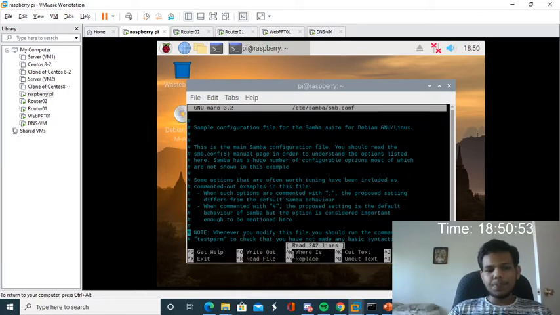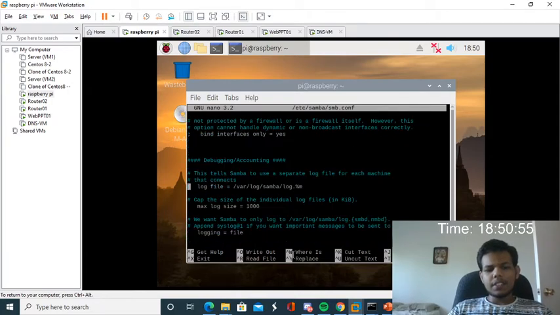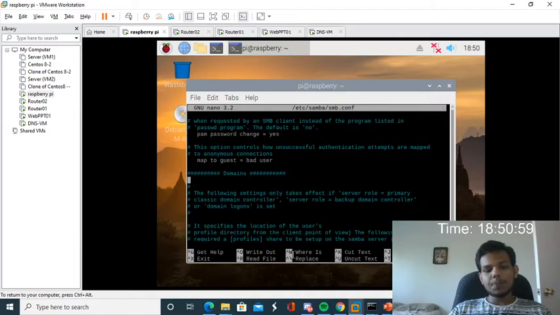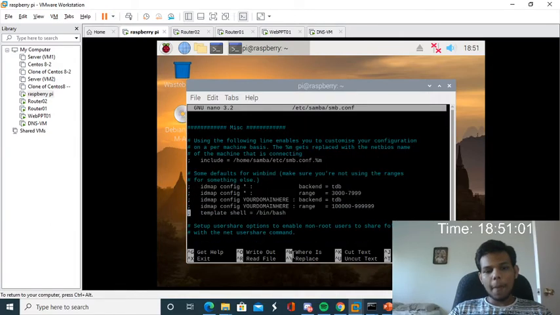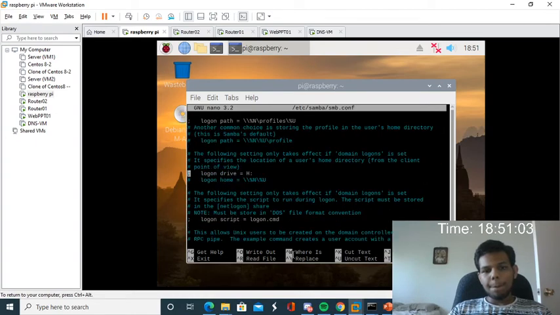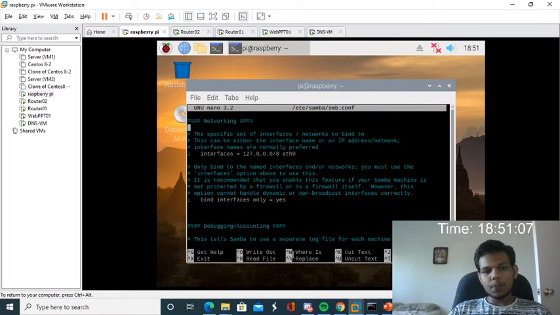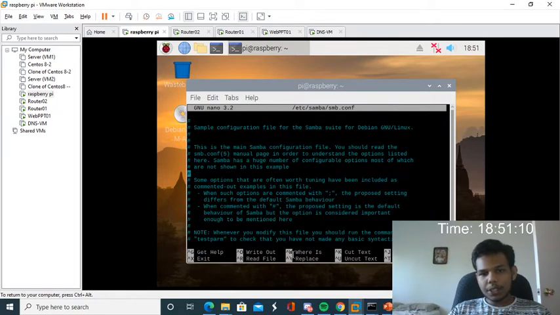Here I have added the folder srt210. So here you could see I have added the srt210. So let me go again.